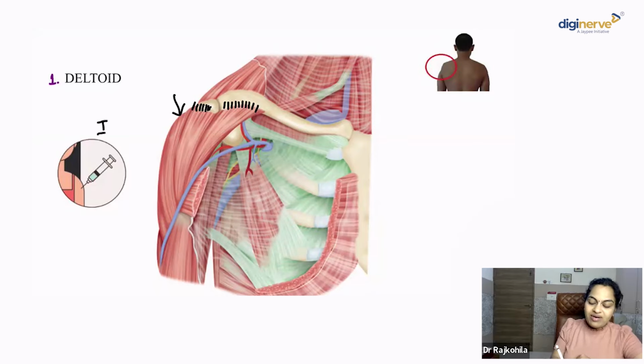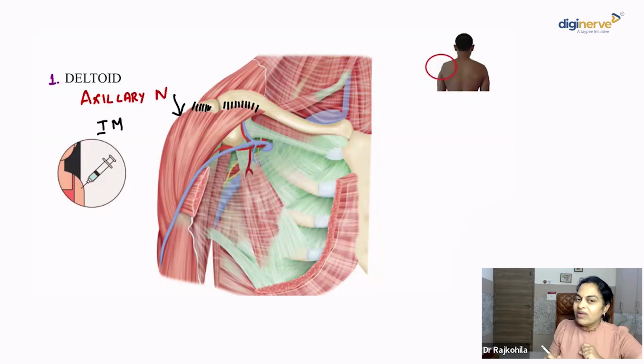And you know that the intramuscular injection in the upper limb is into the deltoid. What is the nerve supply? It is going to be innervated by the axillary nerve, which also innervates one other muscle in the back region. What's that? Yes, you're right, the teres minor. So, there is an injury to the axillary nerve in case of fracture of the surgical neck of humerus, because it winds around the posterior surface of the surgical neck of humerus, or anterior dislocation of the head of the humerus can injure the axillary nerve.